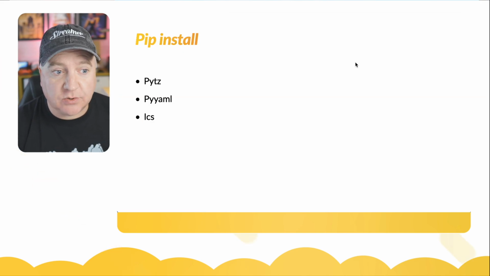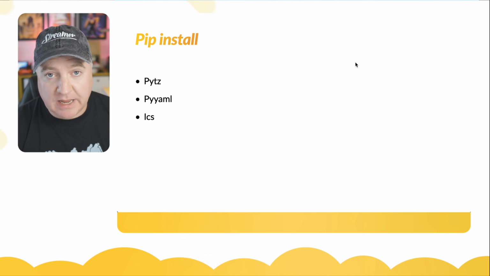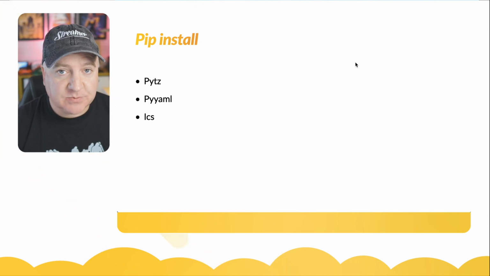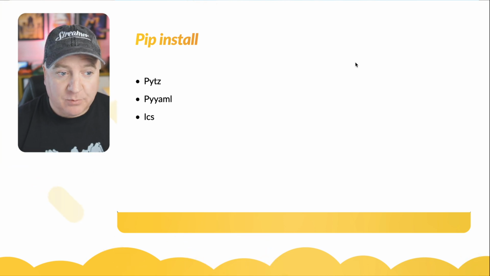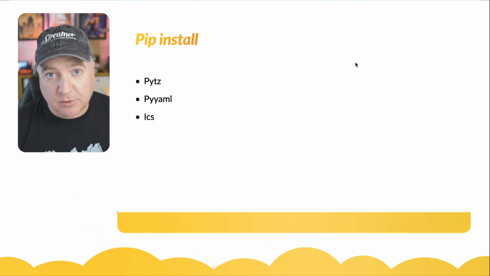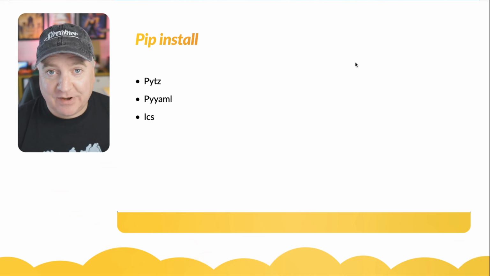First of all, we need to install a couple of dependencies. We need to install the Python time zone library, PyTZ, and that's because we need to be able to add a bit of time zone information to some of the dates that we're going to be bringing in. And we also need to include PyYAML, which is the Python YAML library. And finally, we need to bring in the ICS library. This is the guts of the calendar application,